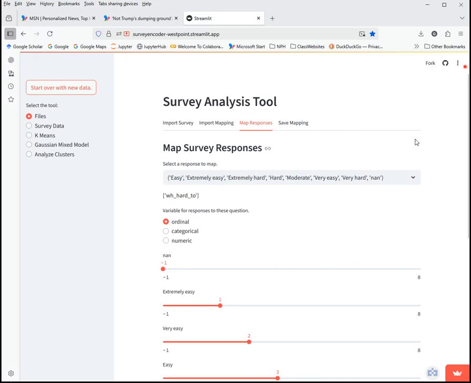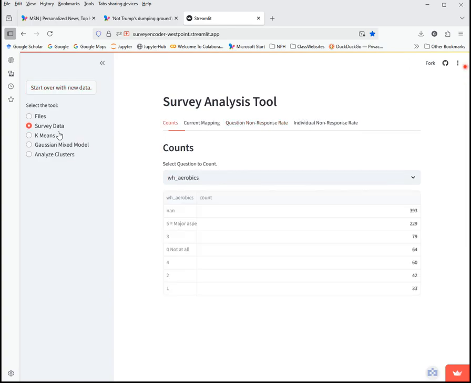Okay, now that we have the responses mapped and we're ready to start at least looking at the survey, that's the first step here, the survey data. Once you get your tool in, you've mapped the responses or imported a mapping, now we can start looking at the data. For example, this is the first question, WH aerobics, and you can see the responses,